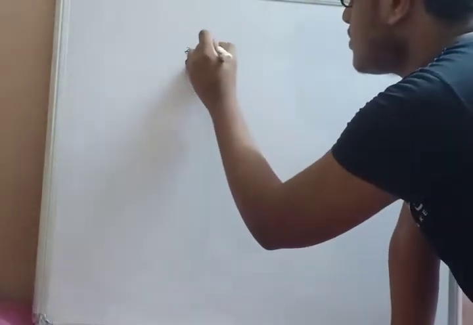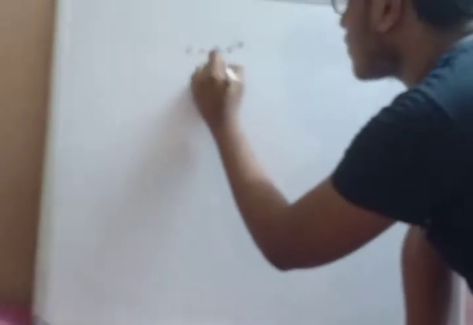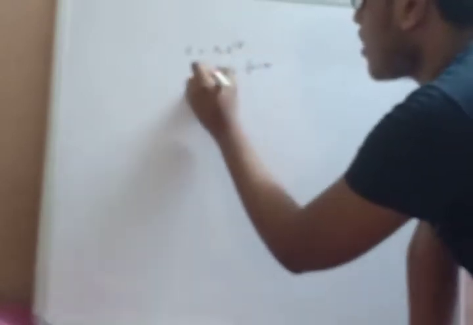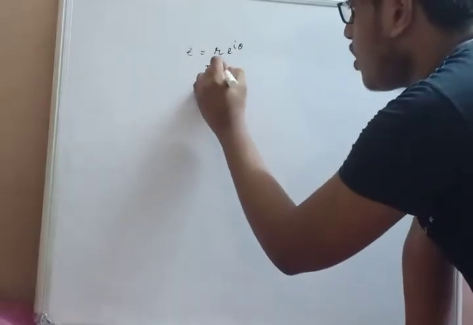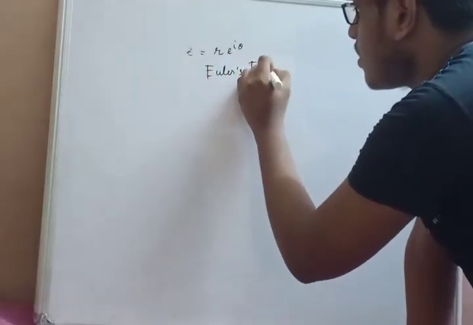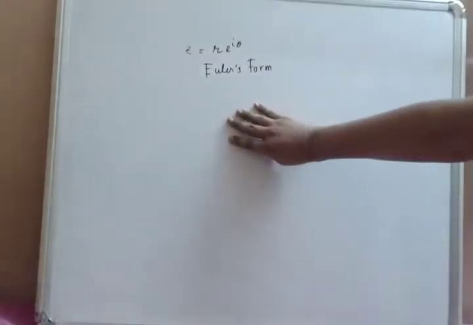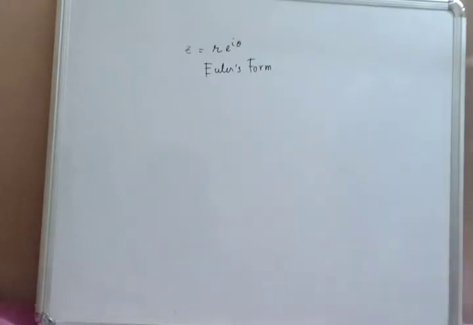I will make use of complex numbers. If you have studied complex numbers, you must have come across this particular form. This is called Euler's form. I hope you can understand my writing. Let me write it clearly. Euler's form. Euler was one of the greatest mathematicians. He controlled science and mathematics in his own hands for about 50 to 60 years. His theories were so beautiful that till date they are helpful to us.